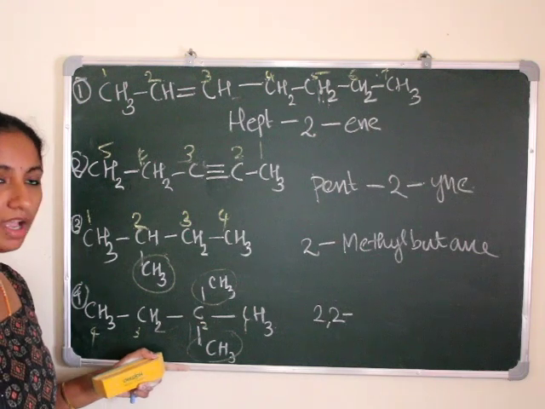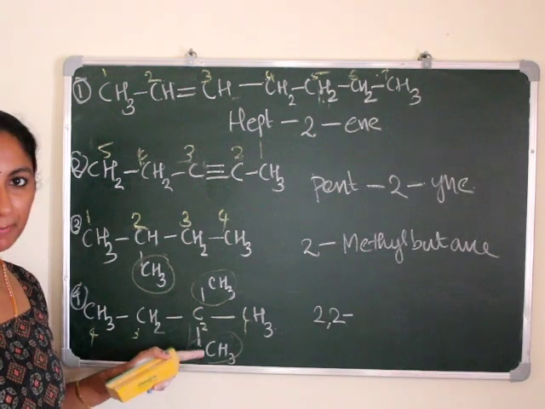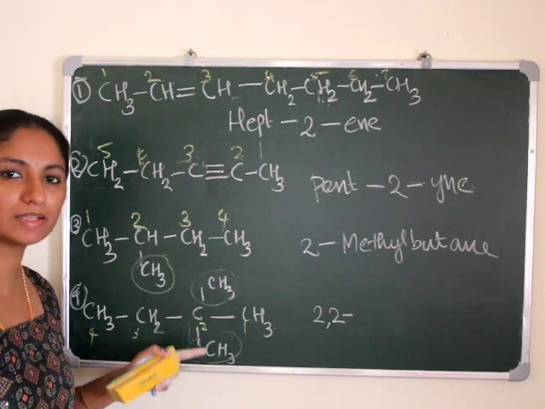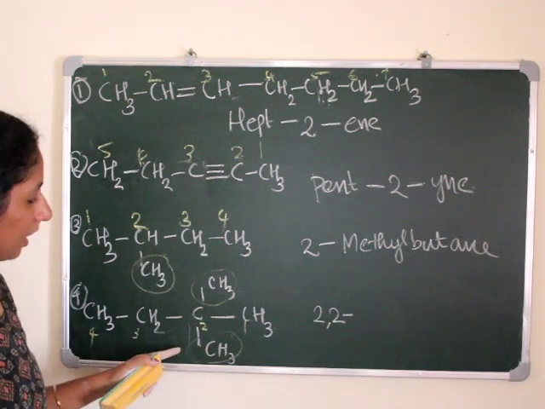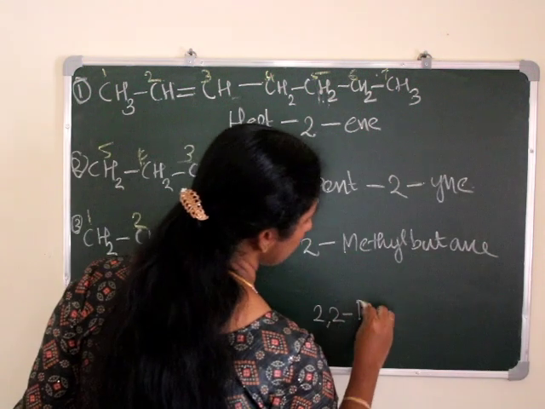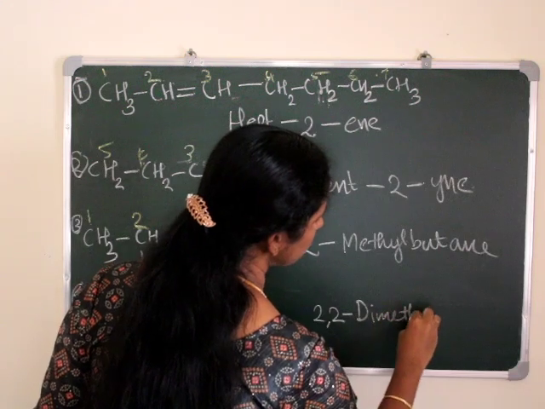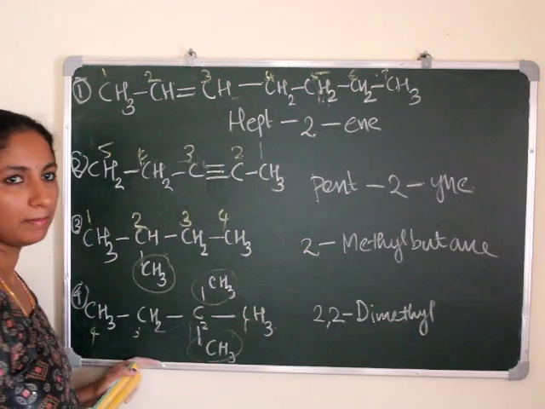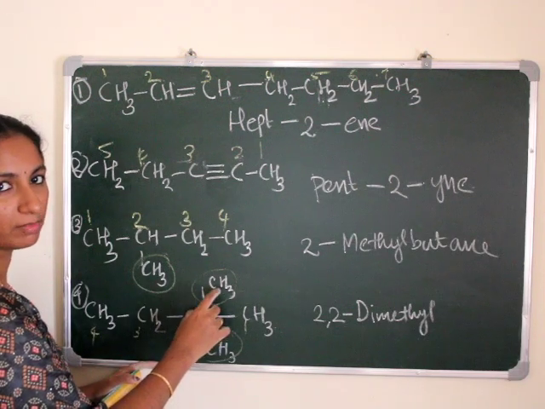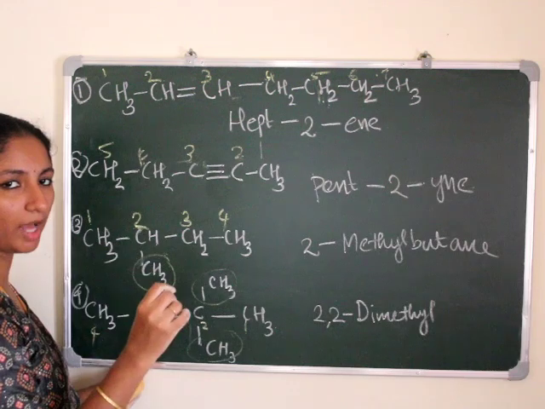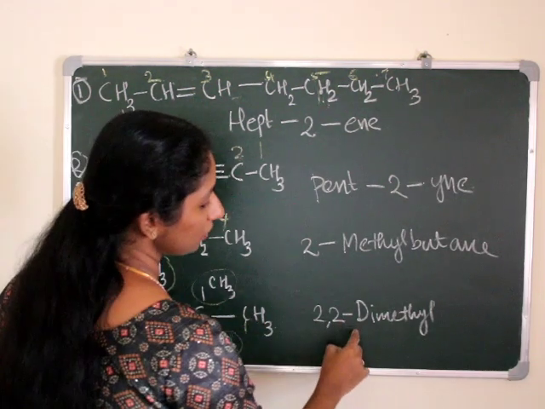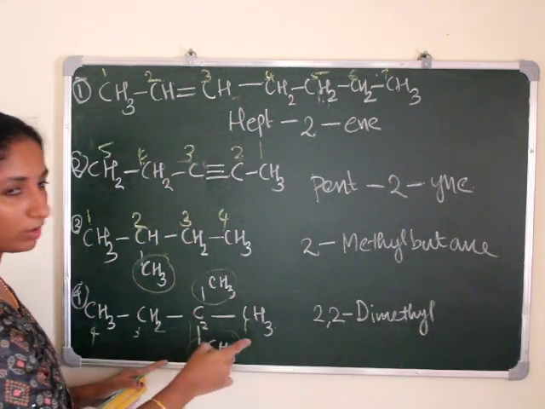And then we are writing a hyphen, and there are two branches present, and these two branches are similar, that is CH3 groups. Two CH3 groups are present at the same carbon atom. So how can we write dimethyl like that? Okay, dimethyl. The name of branch is alkyl group. Which alkyl group is present over here in branch? CH3, right? That means one carbon atom is present. So alkyl group name is methyl. Okay, 2,2-dimethyl.